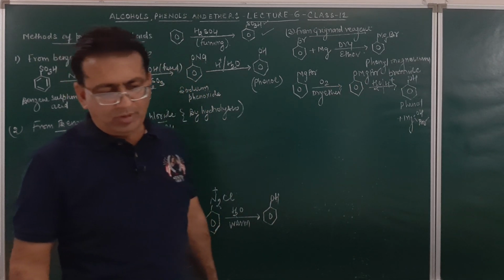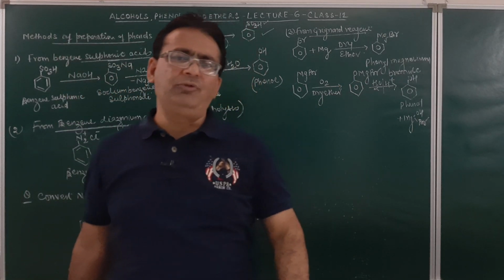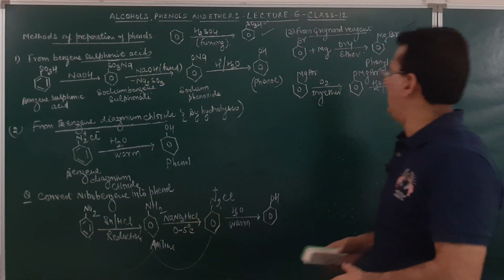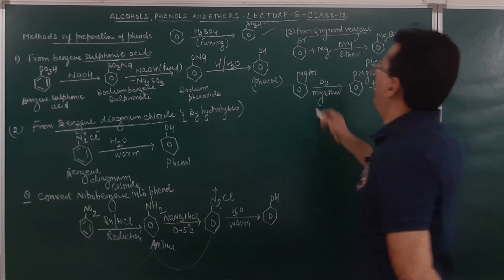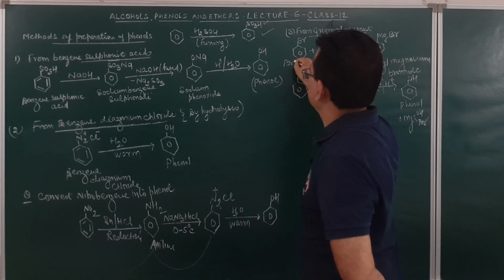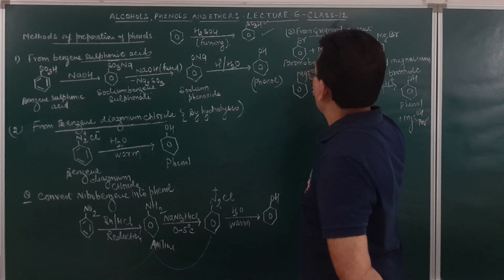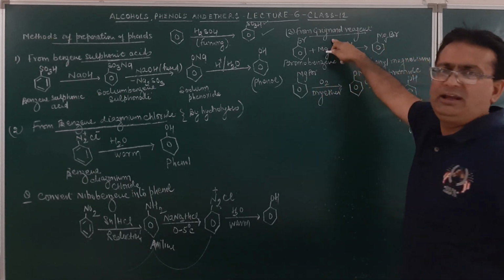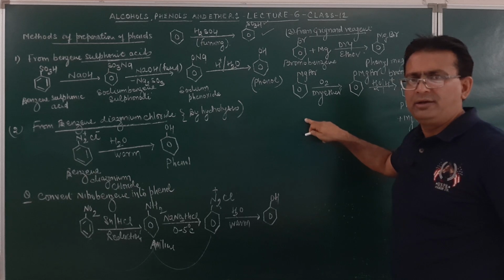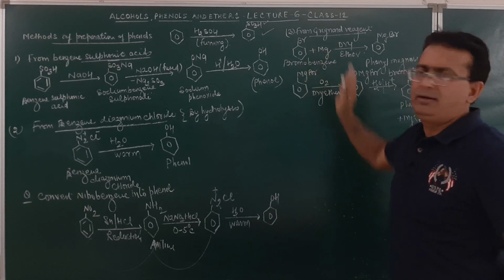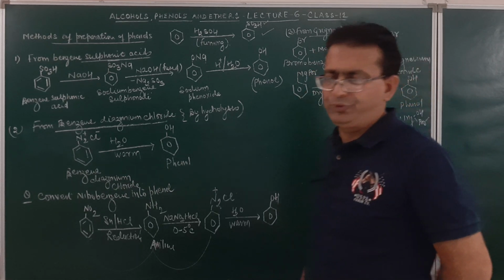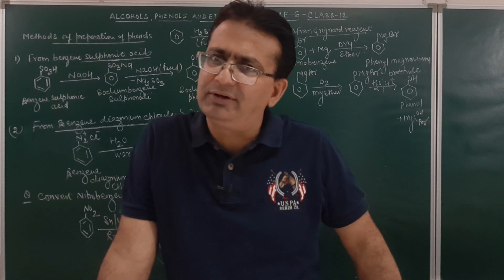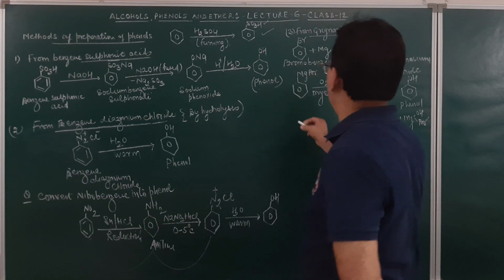So how do we convert bromobenzene into phenol? The reaction will be by use of a Grignard reagent. Am I getting clear? This is bromobenzene. I am showing the reaction in two steps. Although the heading is from Grignard reagent, this is a Grignard reagent. But how is it being prepared? I have done one more step, so that if the question is asked in this manner, you will be able to answer. And this is phenyl magnesium bromide.